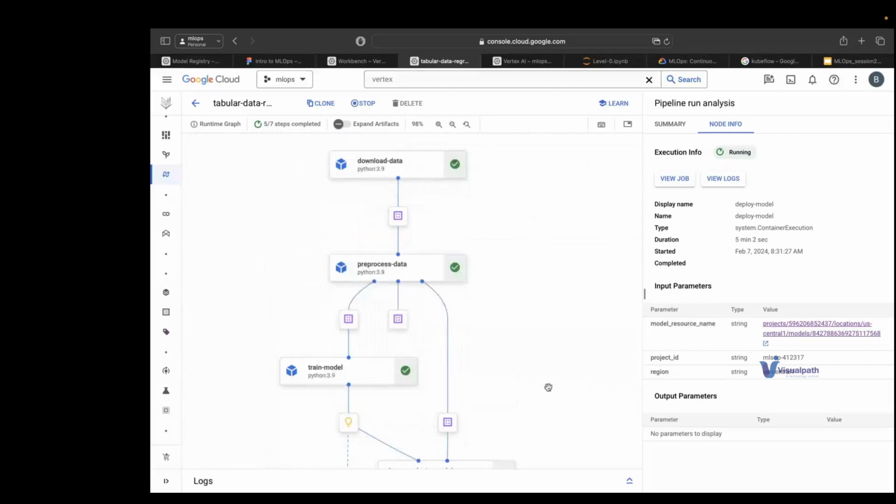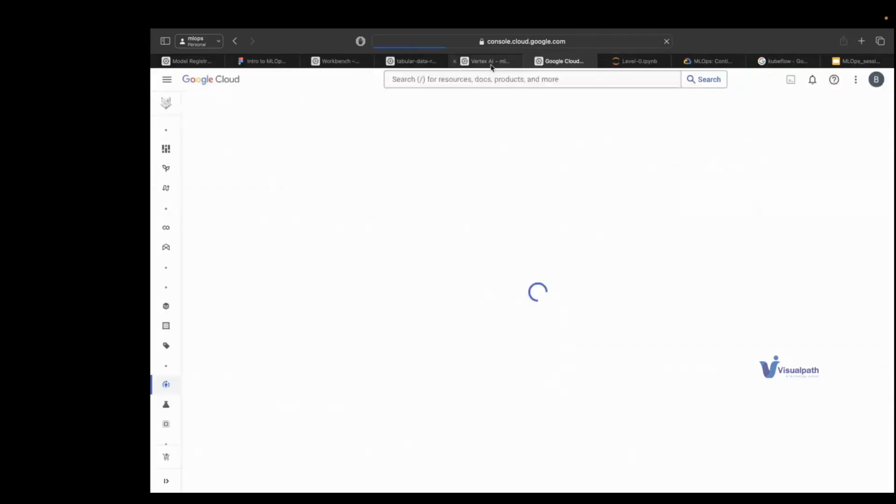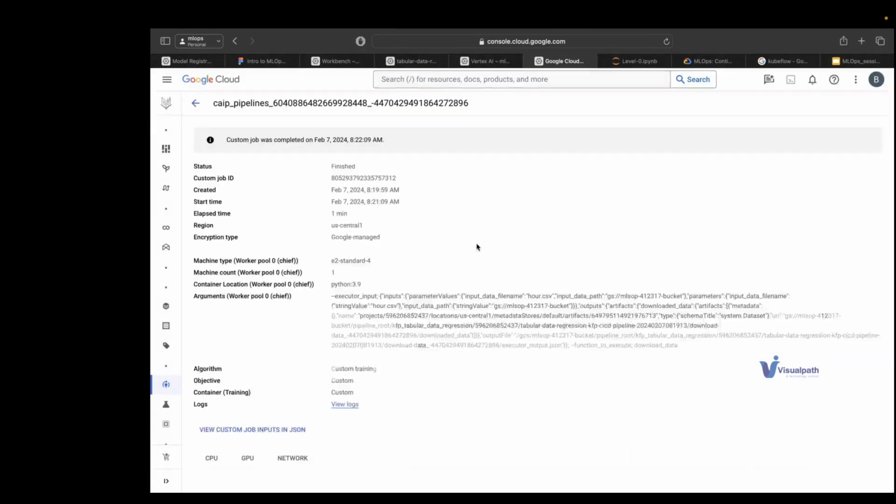If you see view job, this particular job requires an E2 standard 4 machine. This is procuring a new machine. If you see worker pool 0, this is a chief node, and there is a container location here too. If you say you want this particular step on a 4 machine and divide it, it will run the same step on a 4 machine.